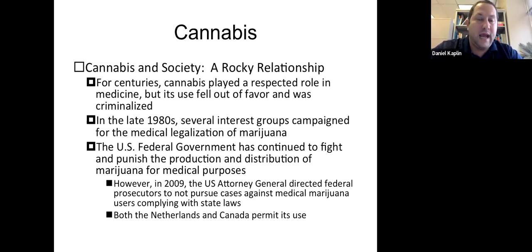It started out as useful and then became criminalized. And what happened was that a lot of people would be swept up into the criminal justice system due to petty drug crimes like cannabis use. So there was a pushback starting in the late 1980s suggesting that there should be something called medical marijuana, or medical legalization of marijuana, in which a person, if they had a qualifying condition, could be granted a card that allows them to purchase or be dispensed cannabis in one form or another. And that was the movement. That pretty much has passed in most parts of the nation,